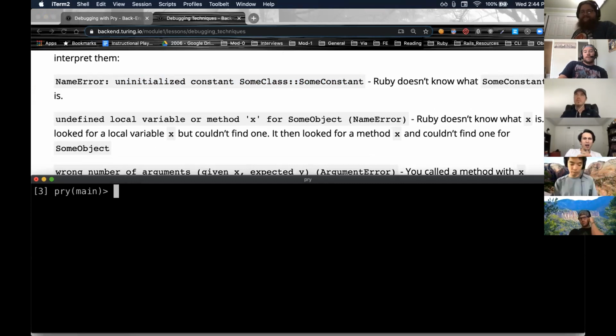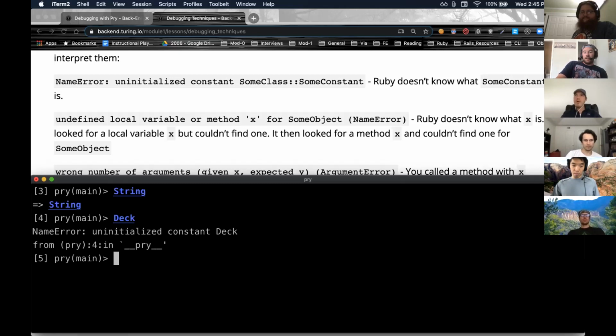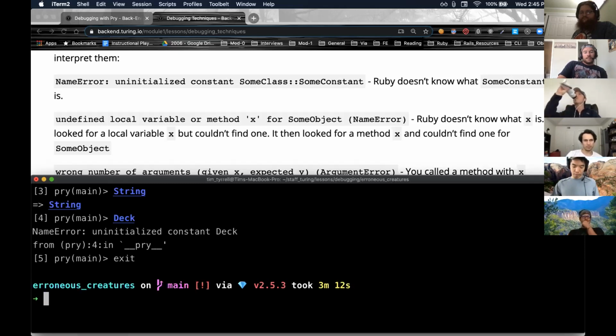If I'm in the main Ruby scope, I can type capital String, and this refers to the class String, and Ruby will tell me in pry, okay, I know about String. But all I did was type pry into my terminal, so Ruby doesn't know about a Dec class, and it'll tell me uninitialized constant Dec, because it doesn't know anything about Dec. So when you get this in a test,